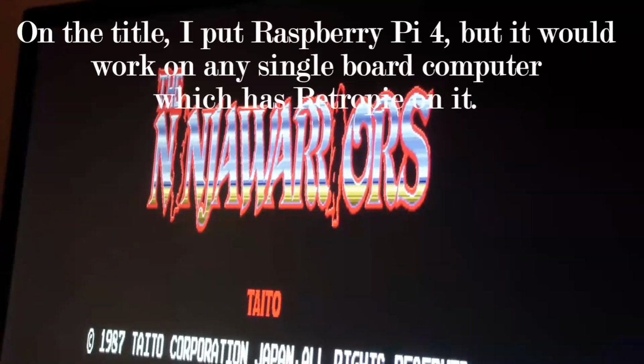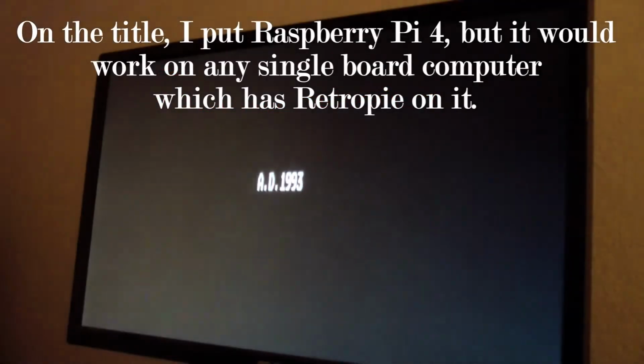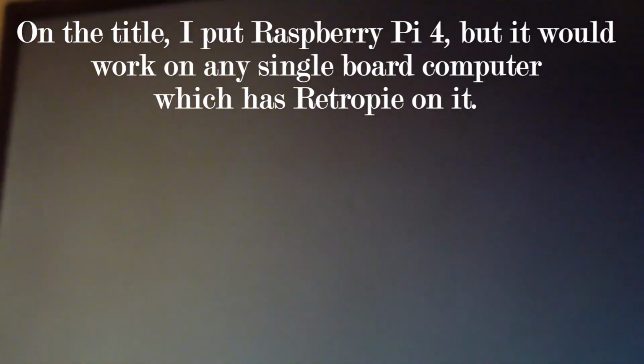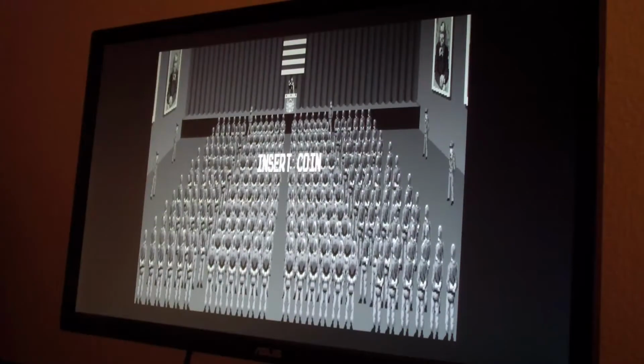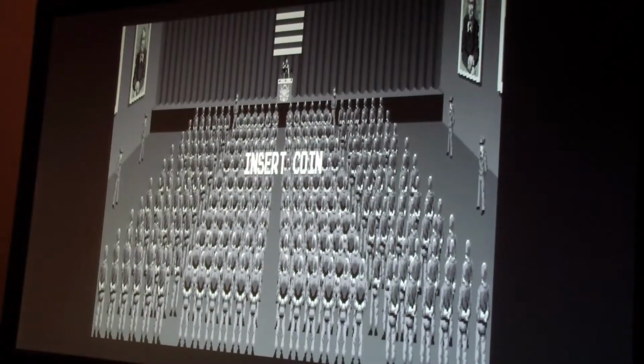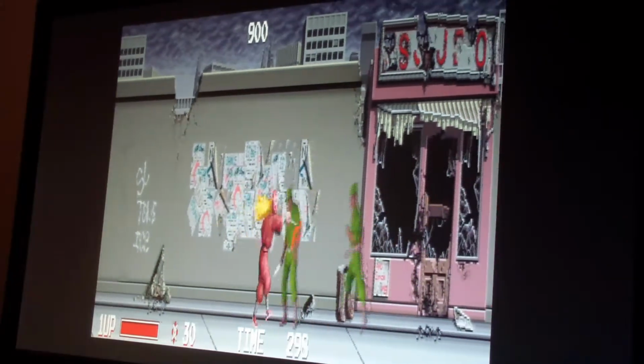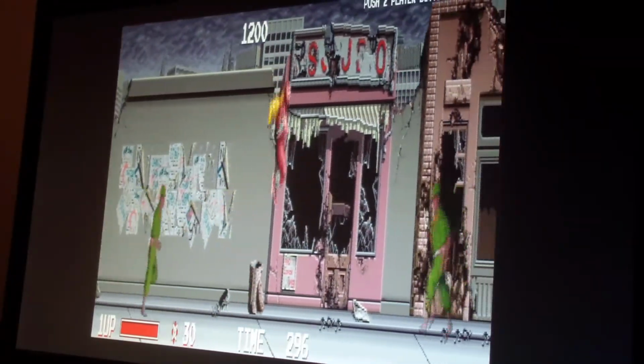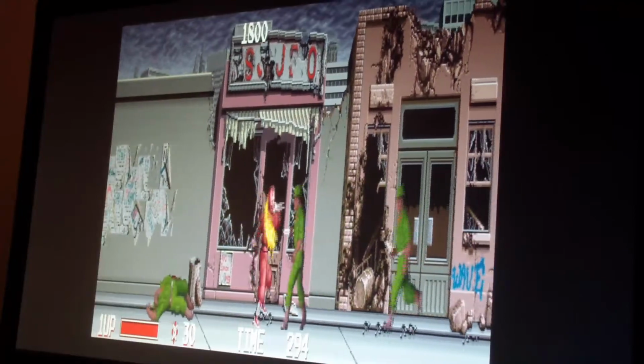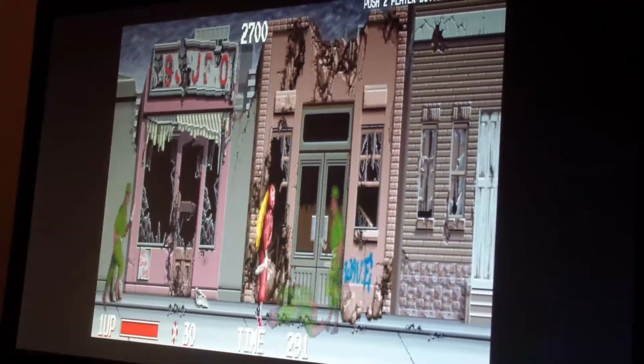Hello everyone, today I will be discussing how you could change the aspect ratio for the Raspberry Pi 4 using the RetroPie operating system. Right now this aspect ratio is not very good. I'm playing a game called Ninja Warriors, and as you can see, this is utterly terrible. How could you play it like this? I'm going to show you how you can change the aspect ratio to the right ratio so you